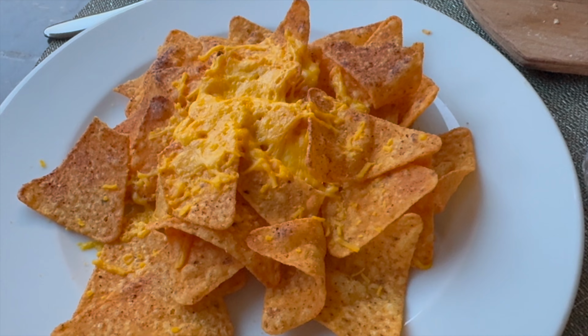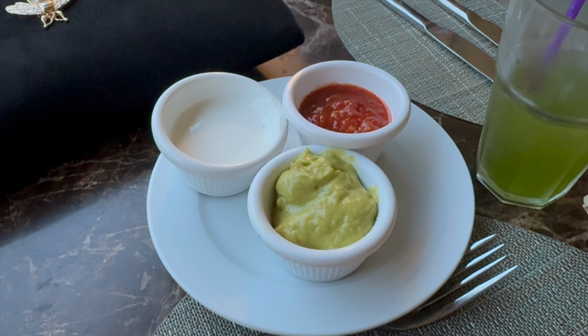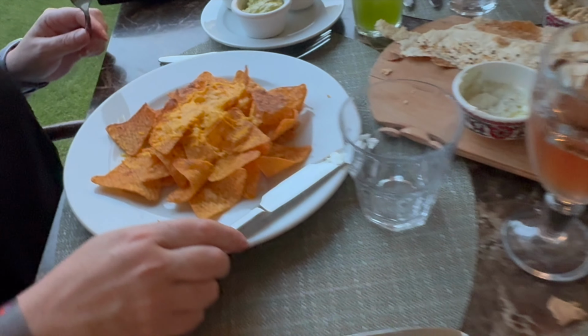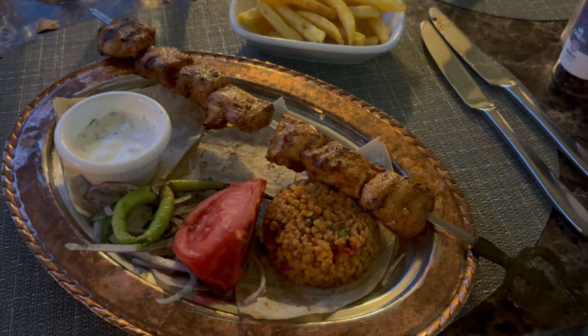For starters, we then tried the mozzarella sticks and nachos. Unfortunately, after that excellent meze plate, these were quite disappointing and well below average, definitely not what we were hoping for. For mains, Anna and I both had the chicken shish kebab, our daughter chose the grilled salmon with béarnaise